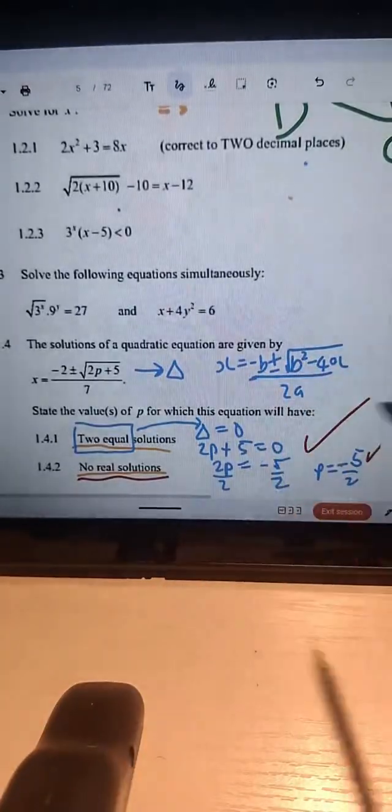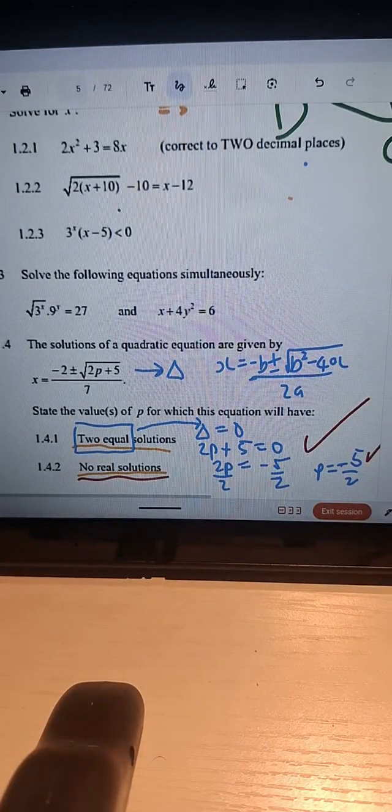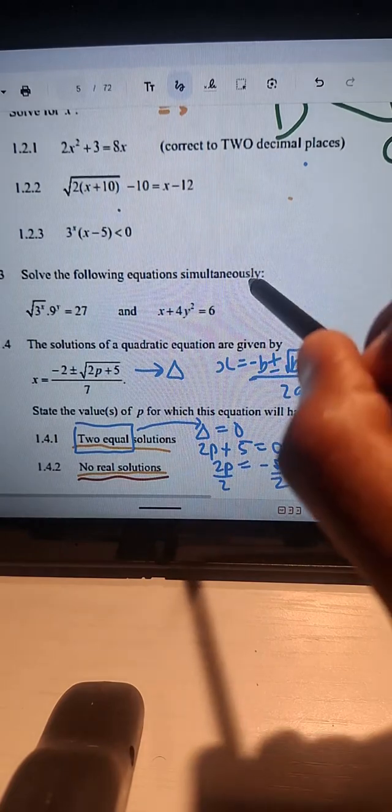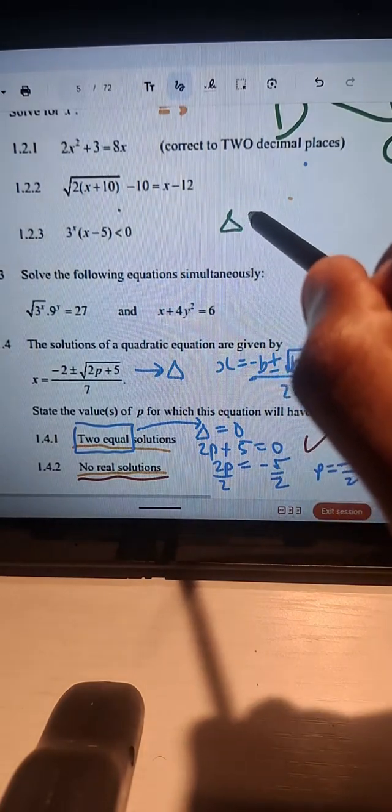Then here, what does this mean? Anyone tell me what does this mean? When they say state the values of p for which this equation will have no real solution. No real solution means what for delta? What does that mean for delta? No real solution. It means delta